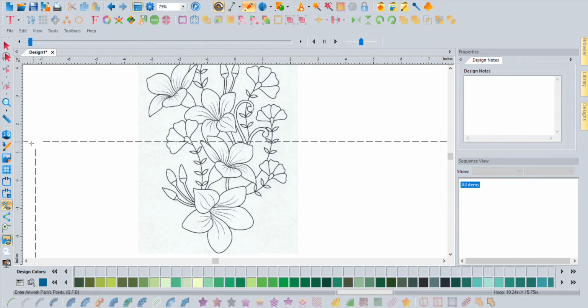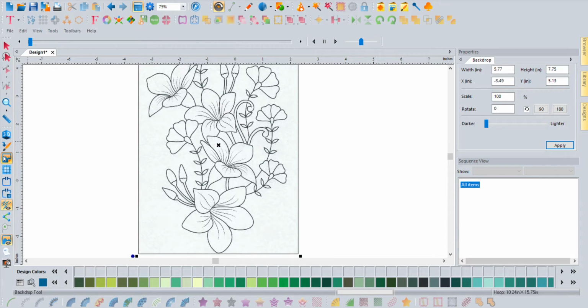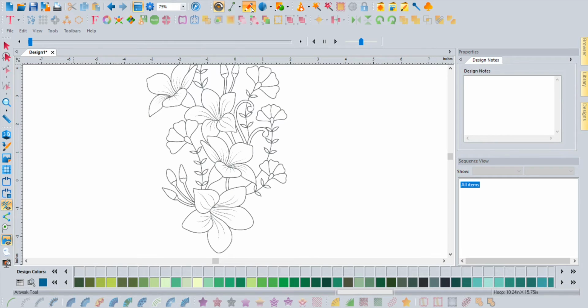If you don't feel comfortable with that, go ahead and click on the backdrop tool again. And you see right here it has a slider for the darker to the lighter. You can bring that down a little bit, hit apply, and it lightens up the graphic. You want to be able to see it, but it tones it down so you're able to see the lines you're tracing. So let's go back up, click our artwork tool, choose a color of thread, and